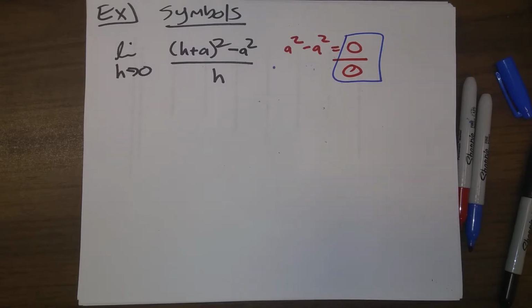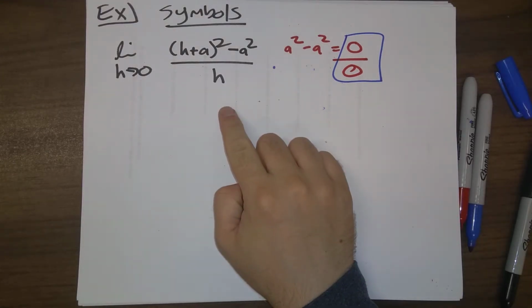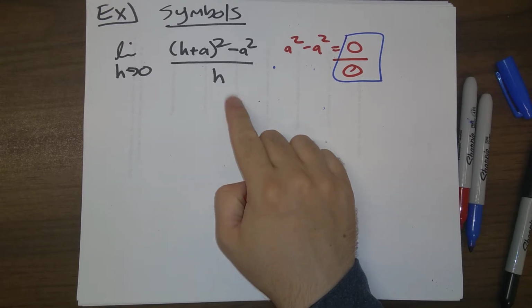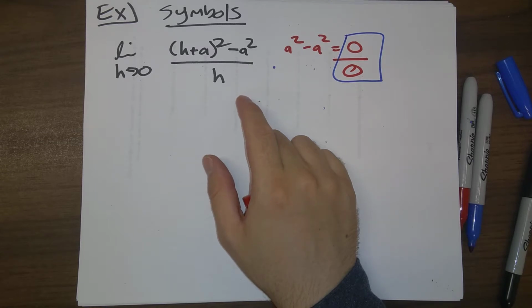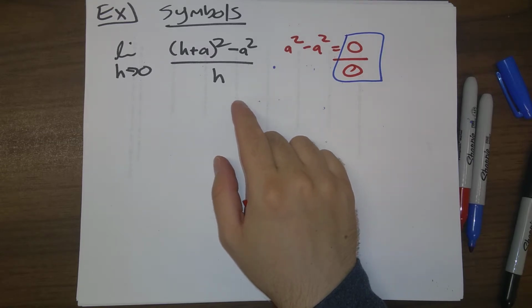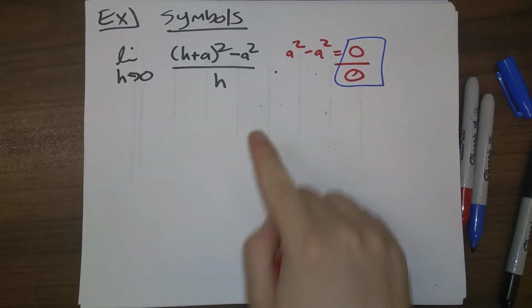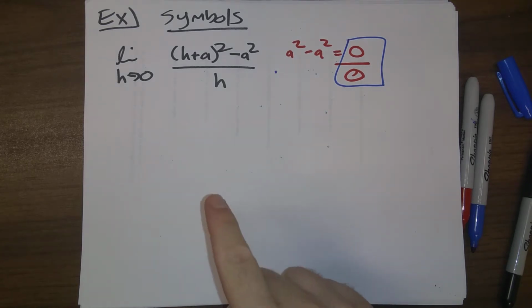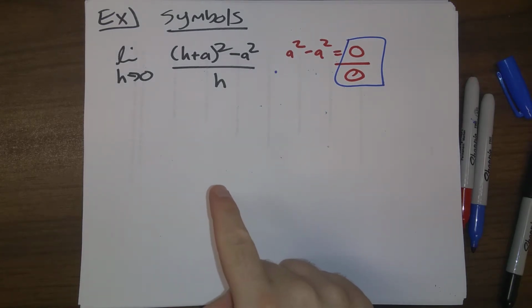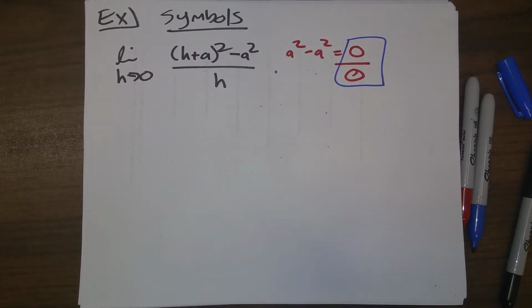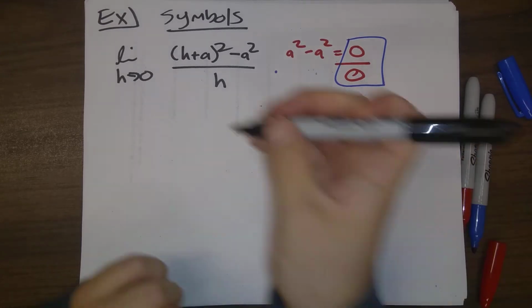There's a reason that I'm stealing this straight from the textbook. There's a reason this problem is in here, which is that when we start to do the derivative in chapter 3, we're going to have tons of problems that look like this. The whole reason that we care about limits in chapter 2 is that we're building up the machinery so that we can start talking about the derivatives in chapter 3. So in some sense, this problem right here is the single most important example that we're going to look at in section 2.5, because we'll be doing this all the time when we start to do derivatives in chapter 3. Okay, so with that preface, let's go